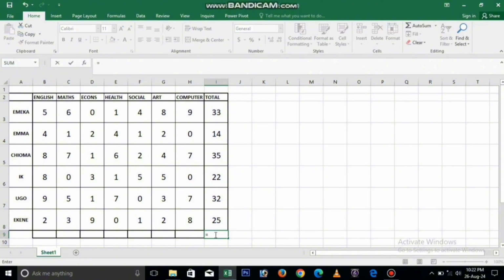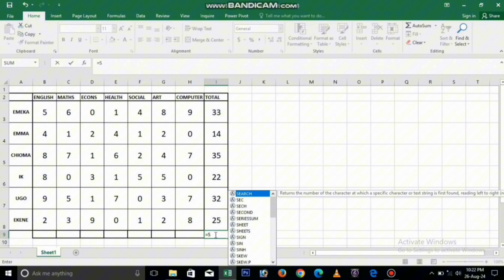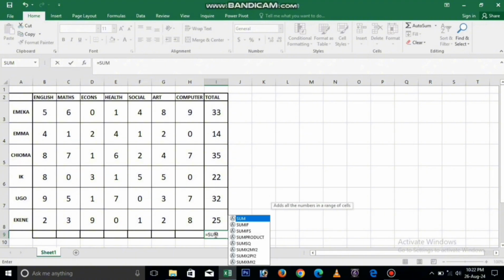First of all, press equal sign, sum, open bracket. Now we are entering I3 because we want to sum up from 33 down to 25, from this, and this. So what we are going to enter here is